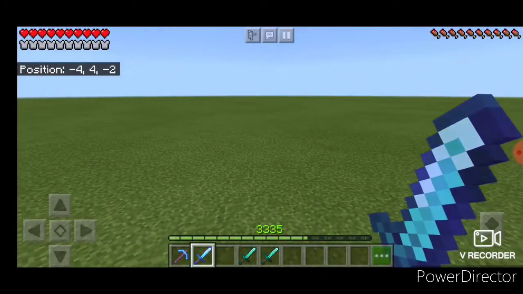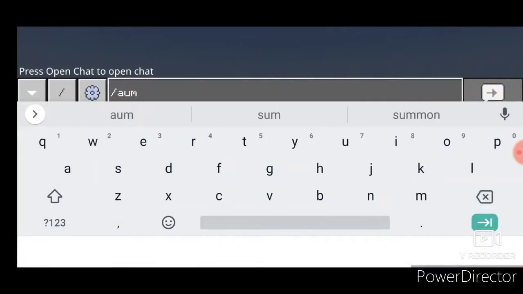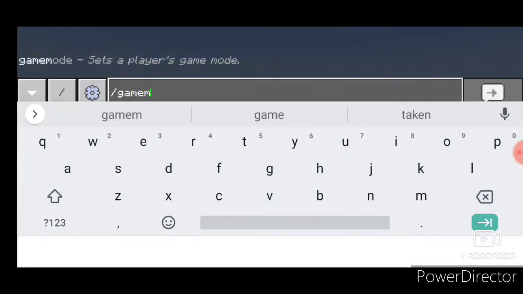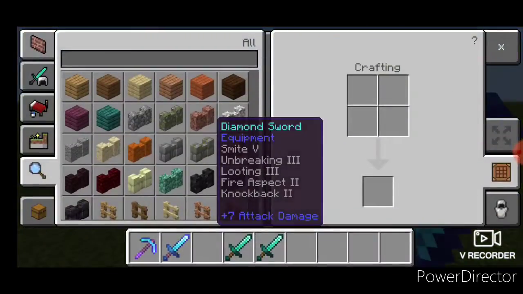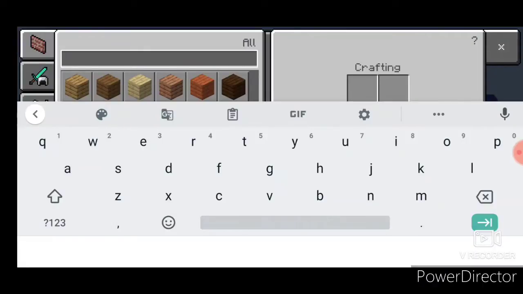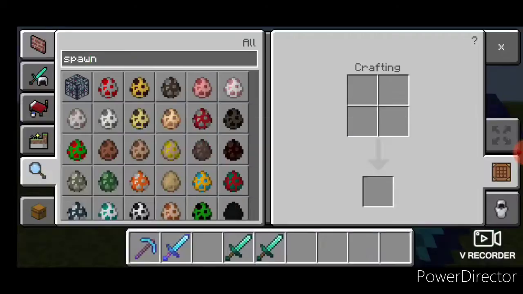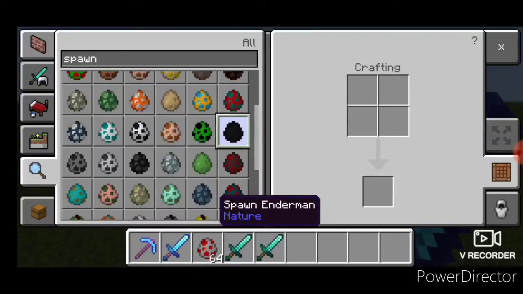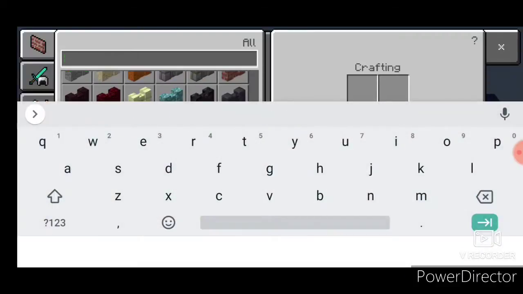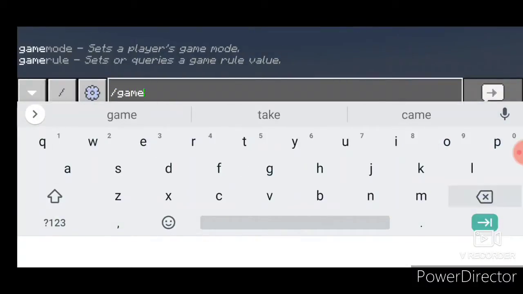And what exactly is Mending? It's actually very useful. Slash, alright, game mode 1 might be better. Game mode 1. And let's get a stack of spawn eggs. For instance, just chickens. Obviously you can one-shot them, but let's try Enderman. They're strong as well. Well, a lot stronger than a chicken, but...